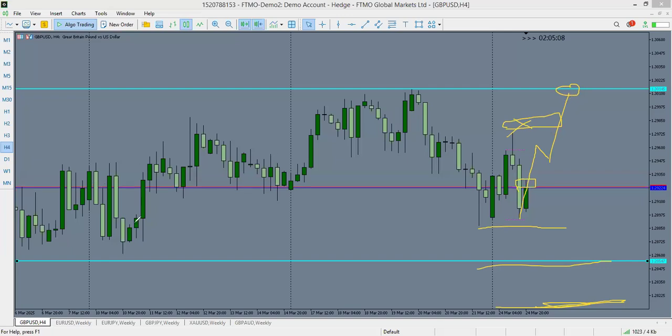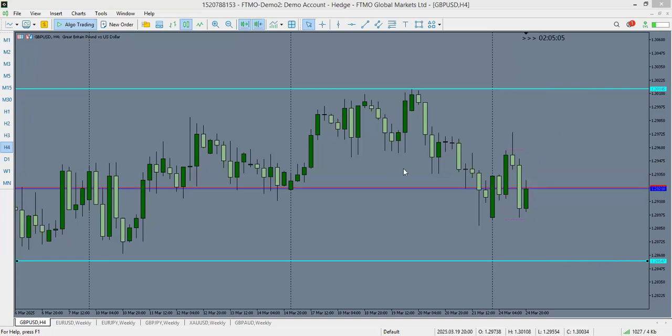Right. Okay. So remember, we're always trading over a series of trades. We're not looking at just one trade. We're looking at it over a series of trades, over a series of setups. Okay, we're not just taking one trade. So that's the setup for pound USD. Let's look at